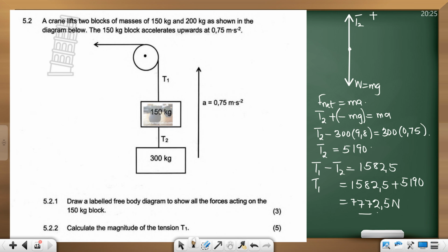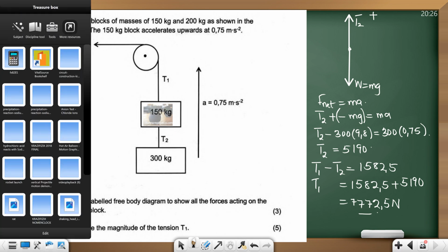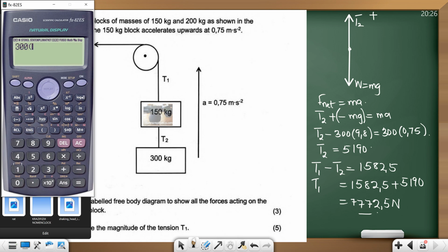Yes, Michelle? So as you were calculating, you multiplied a value by 7.5 and not 0.75. You sure? Yes, sir. Let me see. Did I miss the 300? 0.75 plus 300, 9.8. Yes, like that, sir. Oh, 3165. And 3165 plus